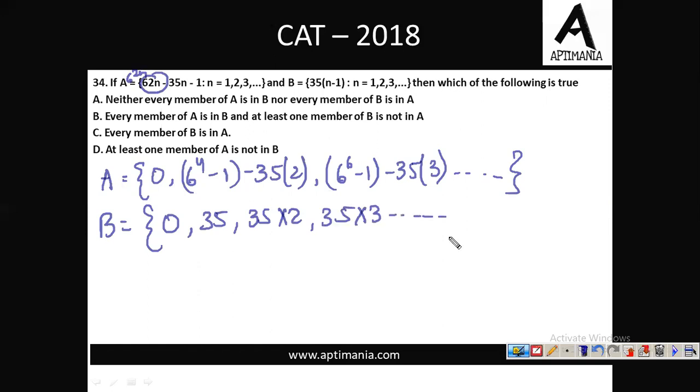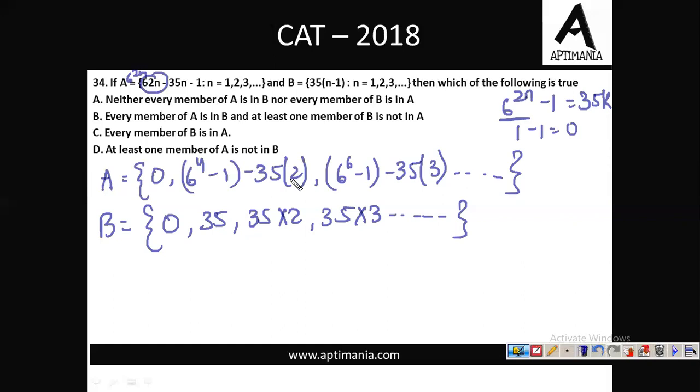So what we can observe from set A and set B is, set B is simply a multiple of 35, right? So set B will contain all the multiples of 35, right? And talking about set A में अगर ये देखें 6 की power 2n minus 1, so 6 की power 2n minus 1 should be a multiple of 35, right? Because 6 की power 2n will leave a remainder 1, and there it's a remainder of minus 1. So total remainder when divided by 35 will be 0. So in that case, 6 की power 2n minus 1 should always be a multiple of 35. And the second term is 35 into something, right? So that's again a multiple of 35.